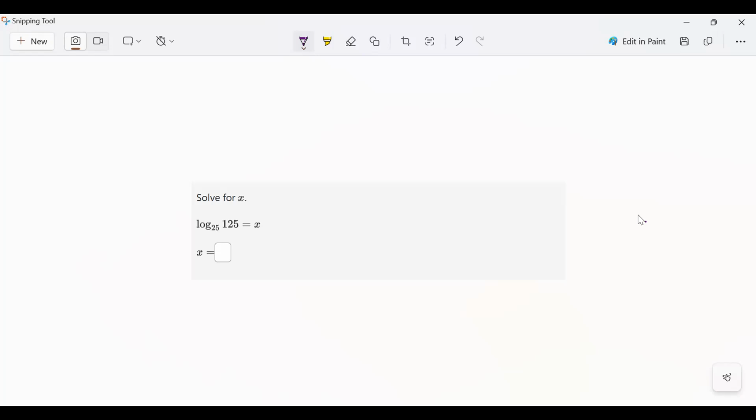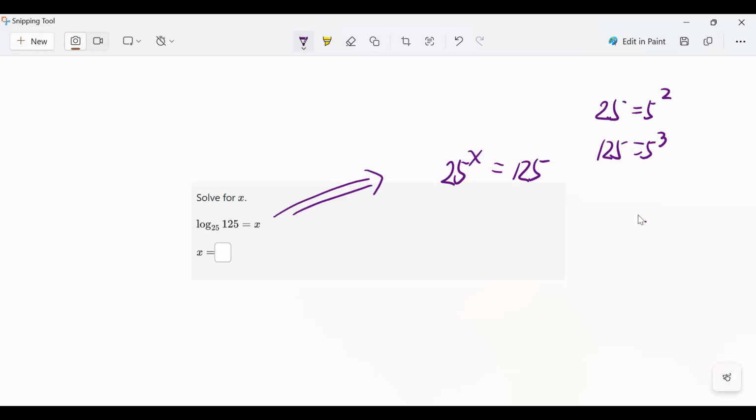All right, let's go over the solution. So one more time, we're gonna turn it back to the exponent. It'll be 25 to the x equal 125. Then again, 25 is 5 squared, 125 is 5 cubed. The reason why we couldn't leave it as 25 or 125 is because they are